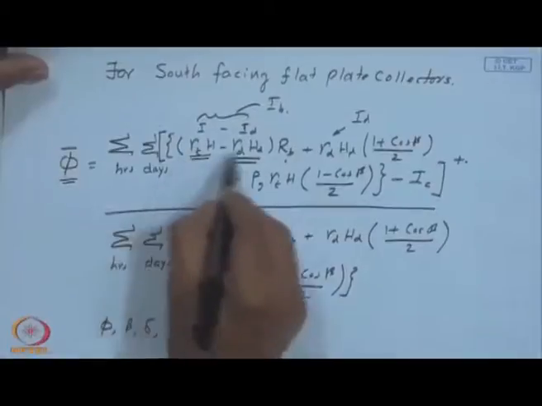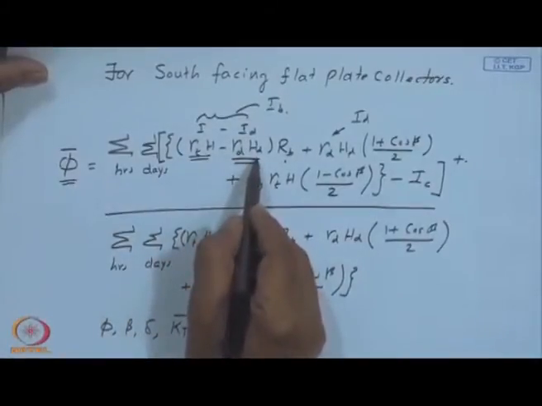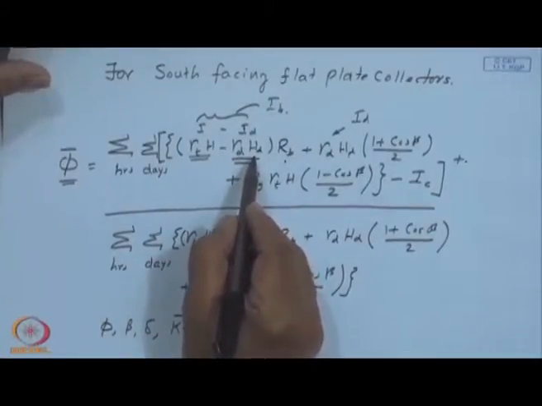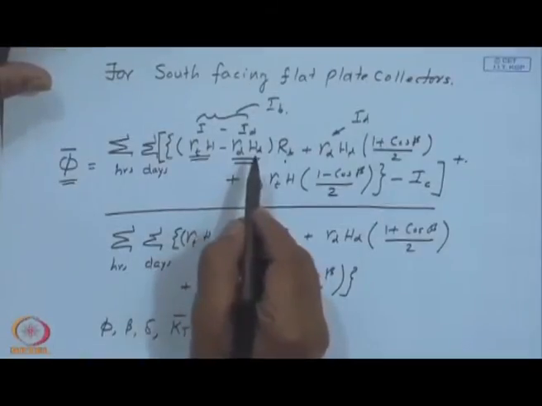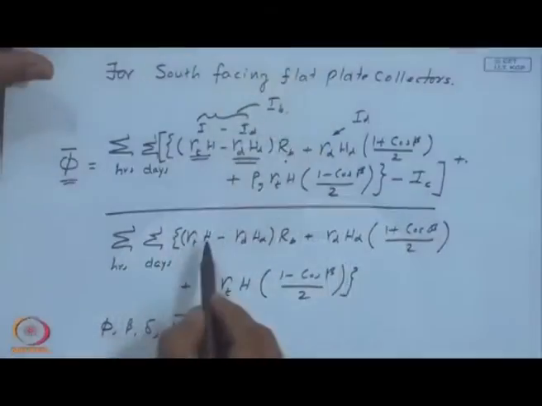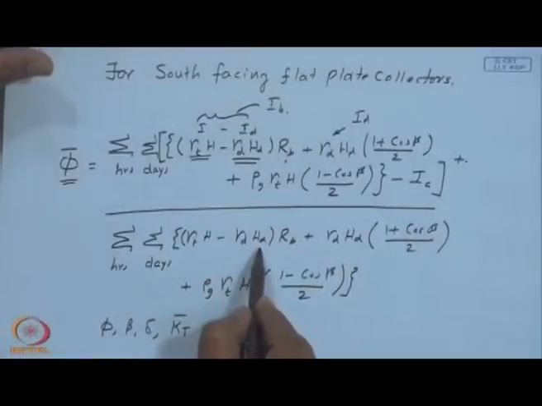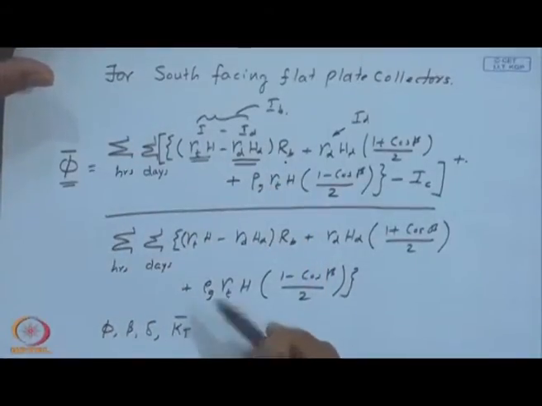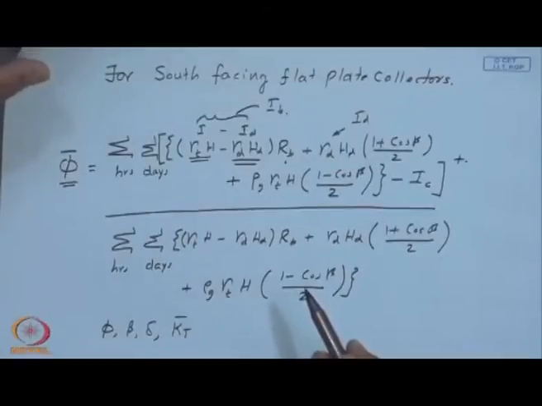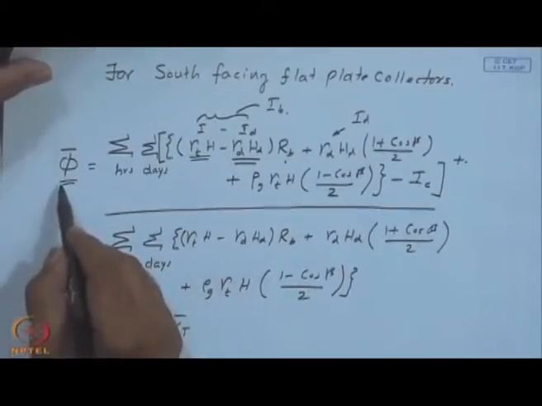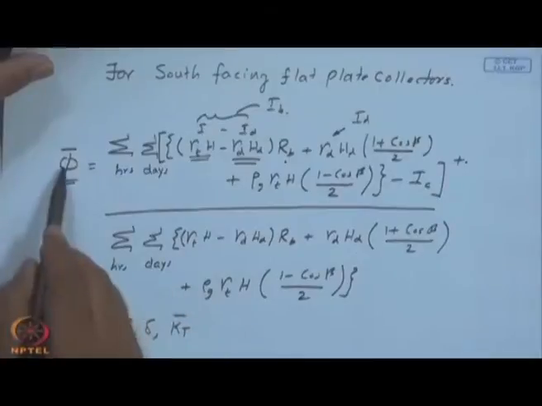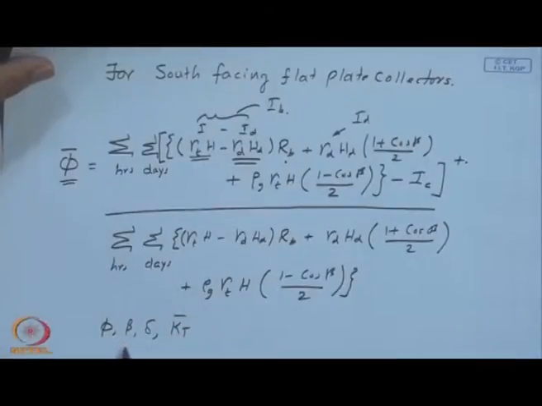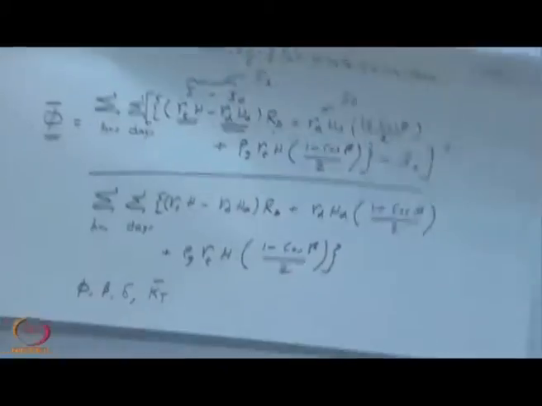Of course, this R t and H and R d and H d will bring in certain difference between the data values for a corresponding location and the numbers that are obtained from this calculation. However, we are making some sort of an error in both the numerator and the denominator, and hence the overall error may not be much, and further it will show the clear functional dependence on phi, beta, delta and k t bar instead of scatter if you use only the data.